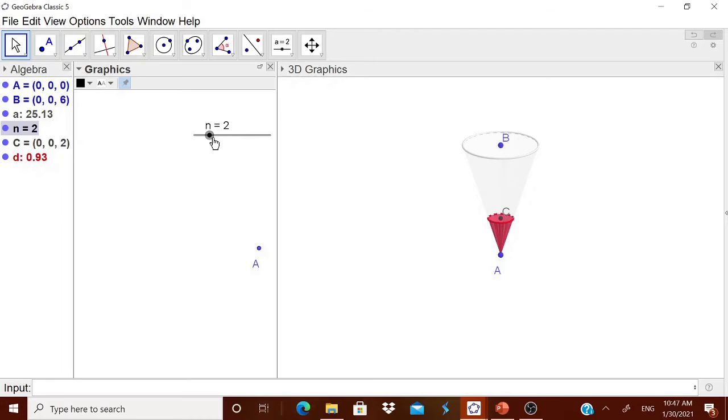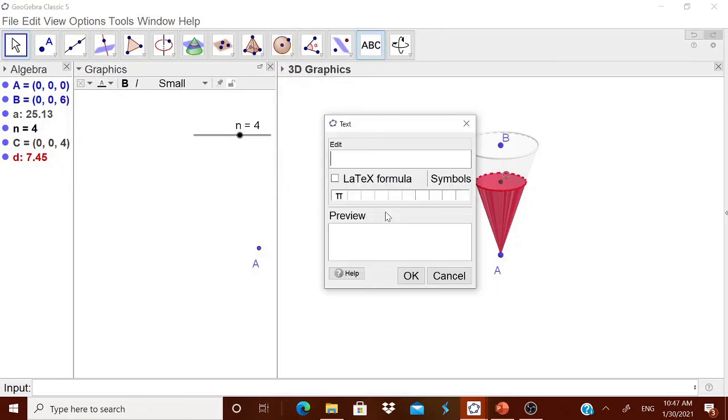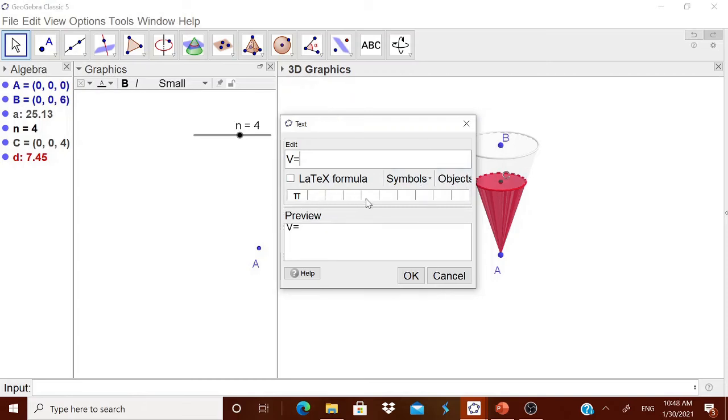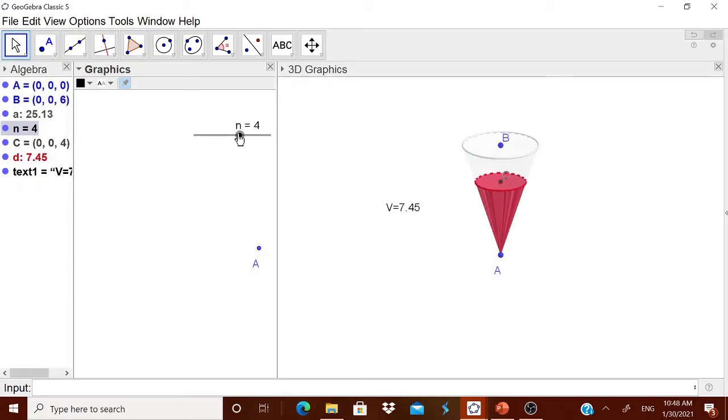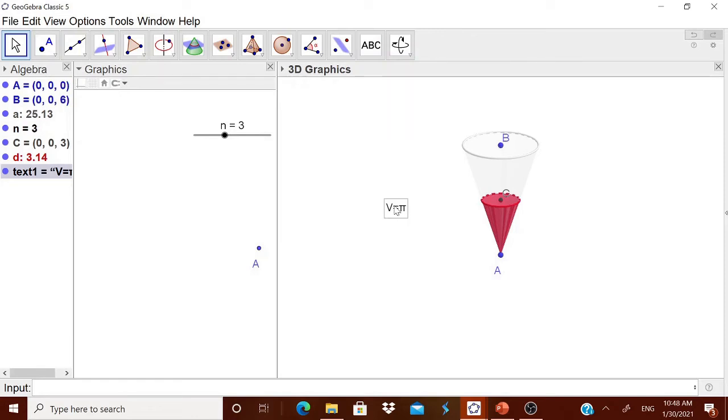Okay, now suppose you want the children to understand the volume of this one. You see, it goes up to 25.13. Therefore, go to the text box and type the volume: capital V is equal to D is here, therefore from the object small d. Is it okay? Suppose when I increase it, you see, when I increase it, that also goes automatically. Now I want this volume to go along with this, therefore right click this volume.